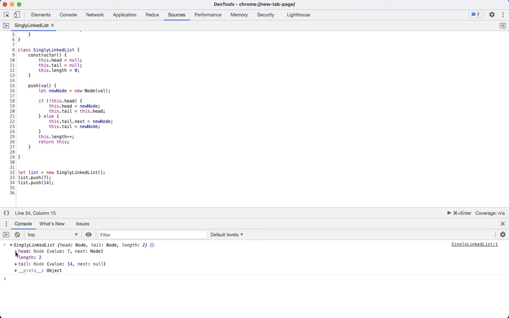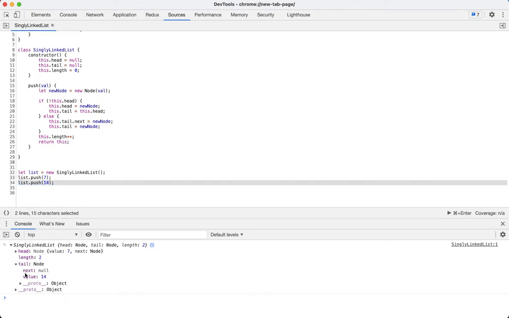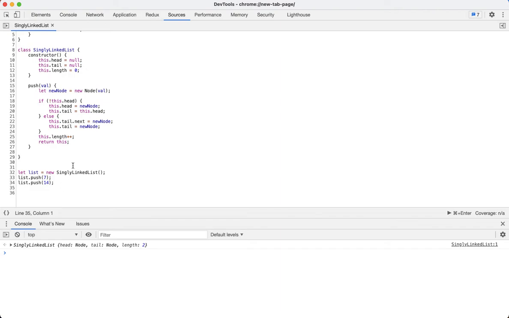Now let's collapse that head and look at the tail. The tail is the last node that we pushed into our list, the node with the value 14. So it shows us indeed that we have a node with the value 14. So this push method for our singly linked list is working. But I want to